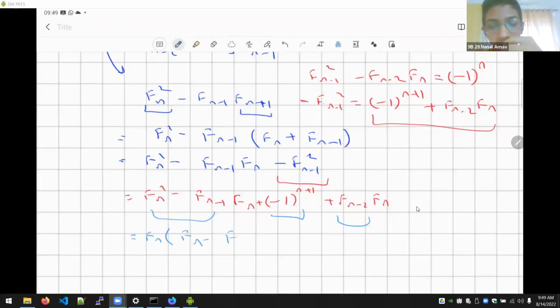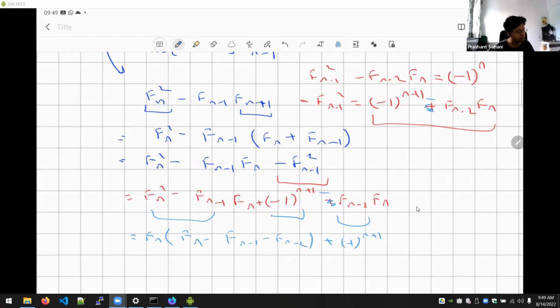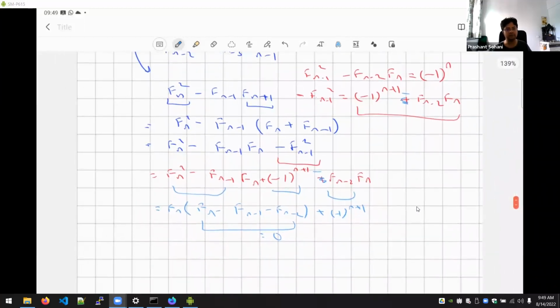So this was actually very nice. It is minus Fn minus 1 square is minus 1 raised to n plus 1 minus Fn minus 2 Fn. Oh, sorry, yeah, the sign is minus. Okay, so therefore, inside you get Fn minus 1 minus Fn minus 2 plus minus 1 raised to n plus 1. And then this term is exactly 0. Okay, so this was a very nice idea. And in fact, the Fibonacci numbers have a lot of recurrence relations between them, which can be derived from just the starting point. So I'll encourage you to find out more properties about the Fibonacci numbers.